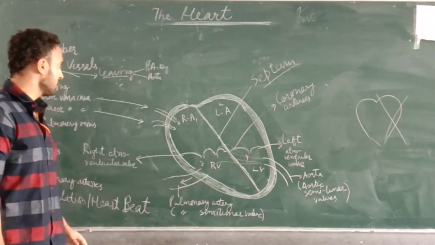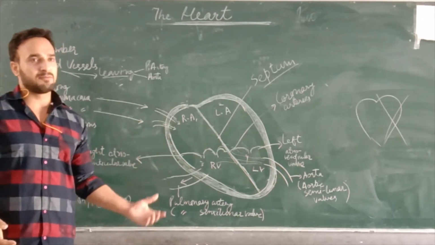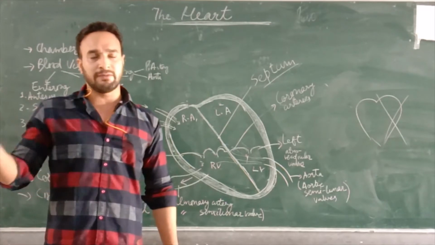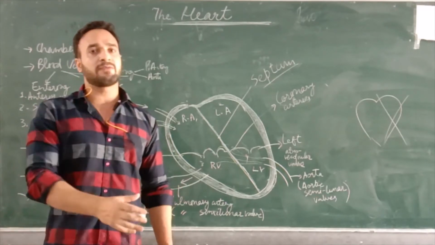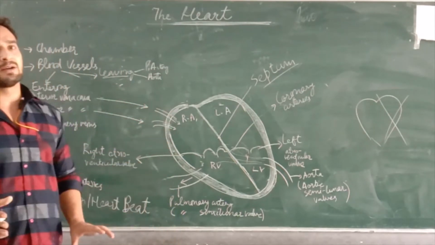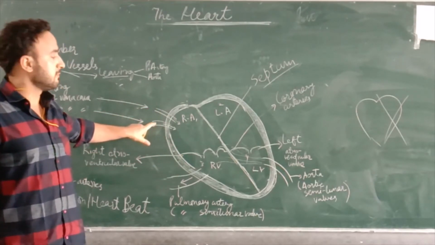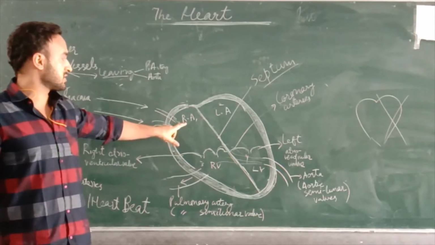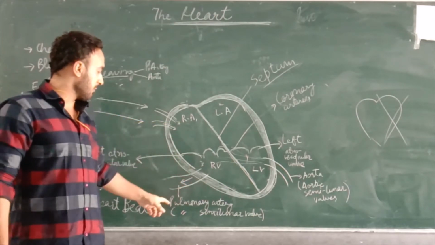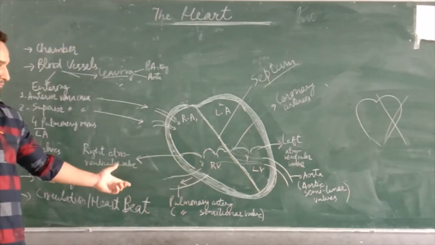Let me repeat. We have two kinds of blood vessels. One which are entering the heart, means which are bringing blood to the heart. And second, there are the blood vessels which are leaving the heart, means which are taking the blood away from the heart to the body, right? So the two blood vessels that are carrying blood to the heart are the inferior vena cava and the superior vena cava, which release the deoxygenated blood into the right auricle. Understand? And then we have the pulmonary artery, which is taking the blood away from the right ventricle to the lungs. Understand?